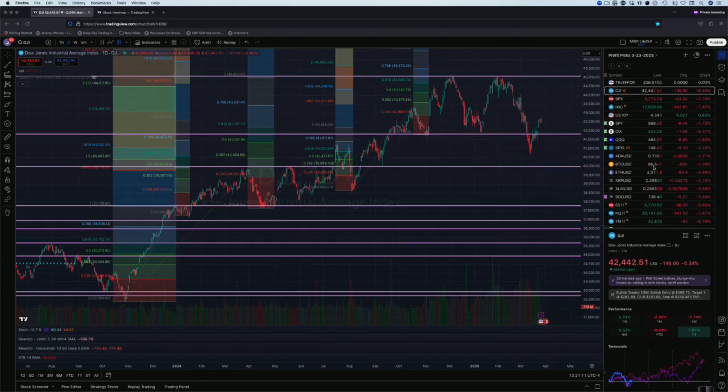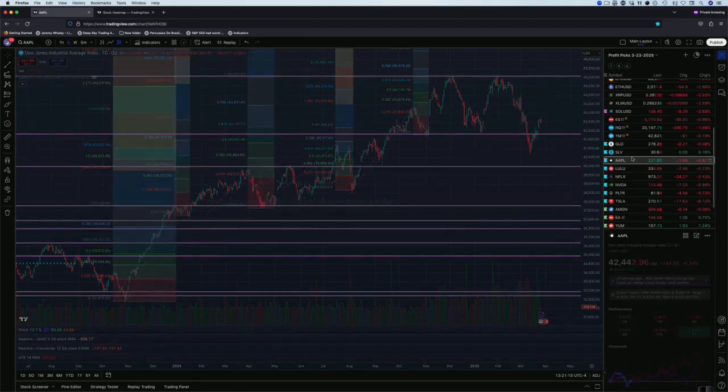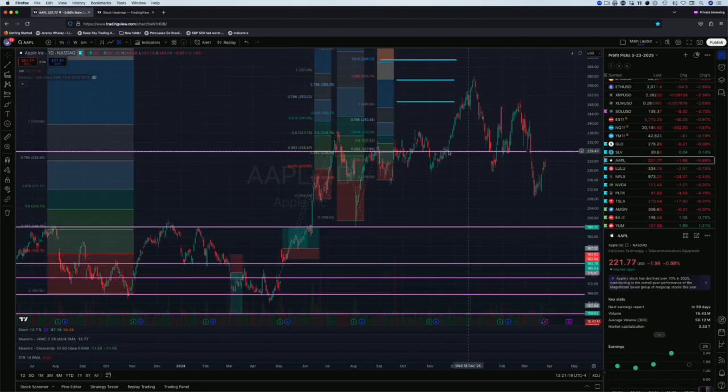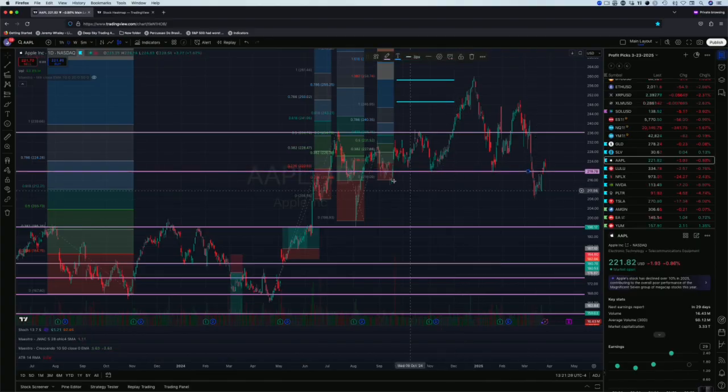Now, I can go down any trade in our list. I can go down any trade in the market. Let's come over here to Apple. And what you're going to find is there's a grid. There's a matrix. In fact, I need to update some of these lines. In another session, I'll teach you exactly how to draw these lines. But as I start to draw them, put them in here, you can see